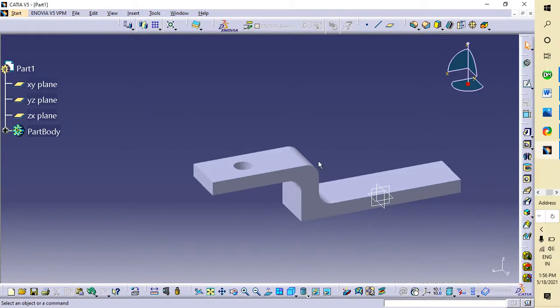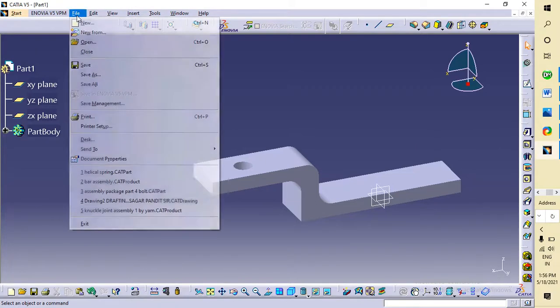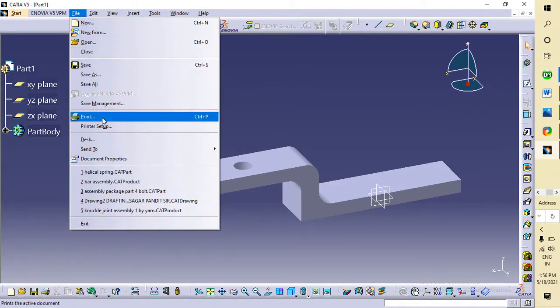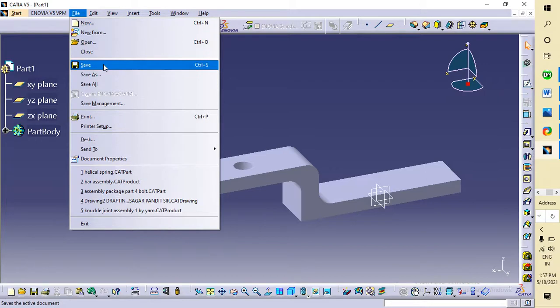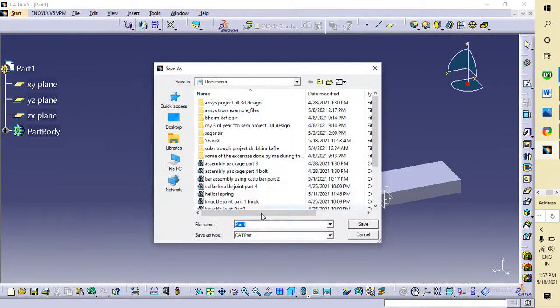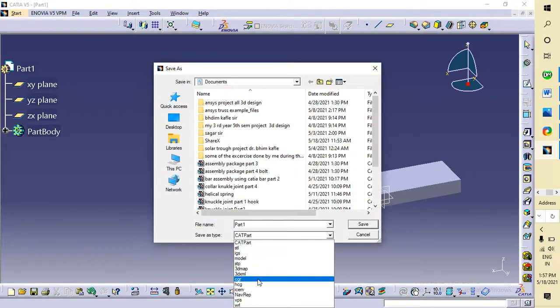Okay, if you want to import this figure in ANSYS, no need to worry about it. If you want to select the assembly, if you want to import this figure in ANSYS part, then you have to save this in a specific way, that is in a specific extension file, that is .stp or .igs.